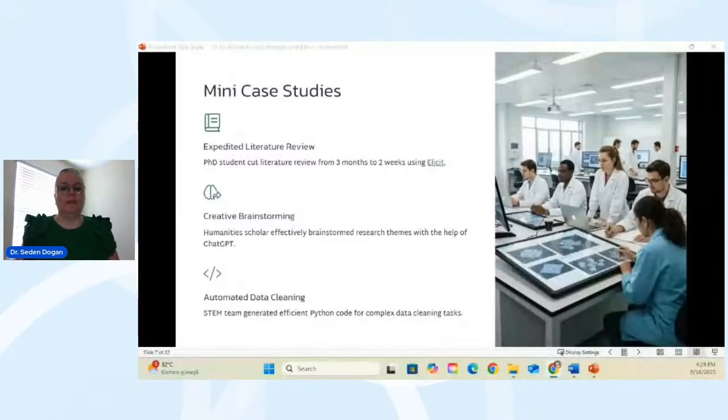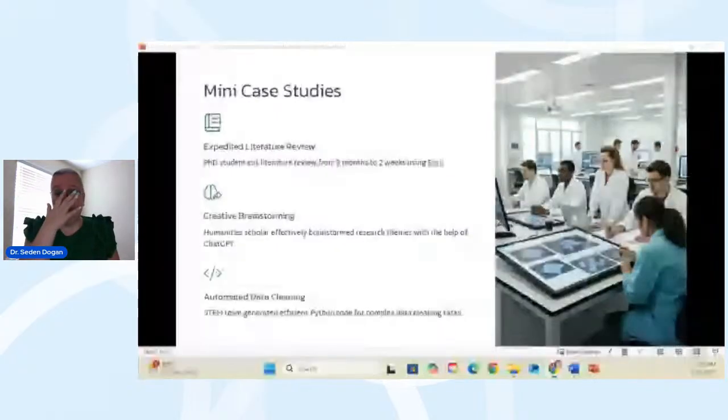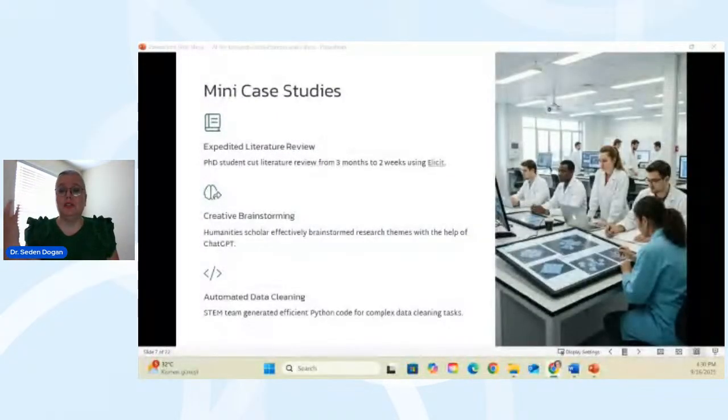Okay, let's continue with the third case study. It's actually an example from STEM. Let's assume that a researcher is working with large data sets and uses AI to generate Python scripts for cleaning the data, handling missing values, outliers, and formatting, and that's the base groundwork. But again,